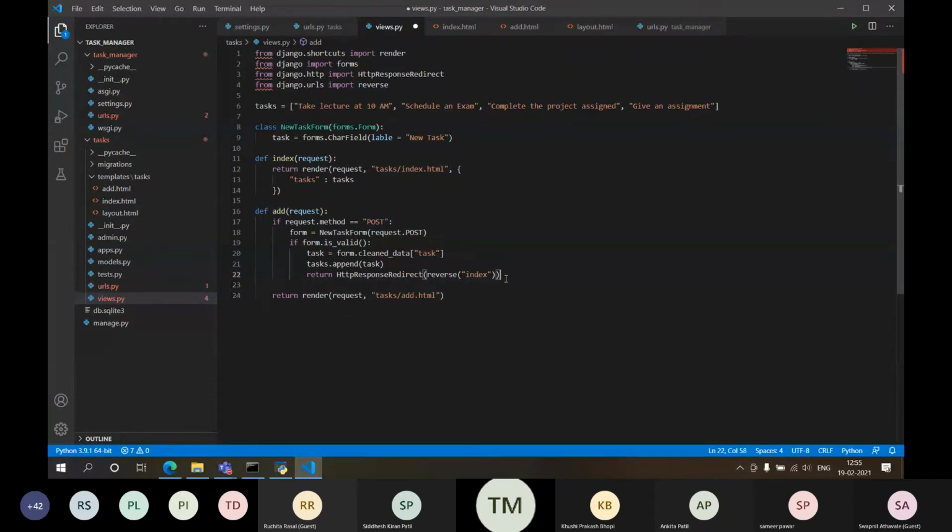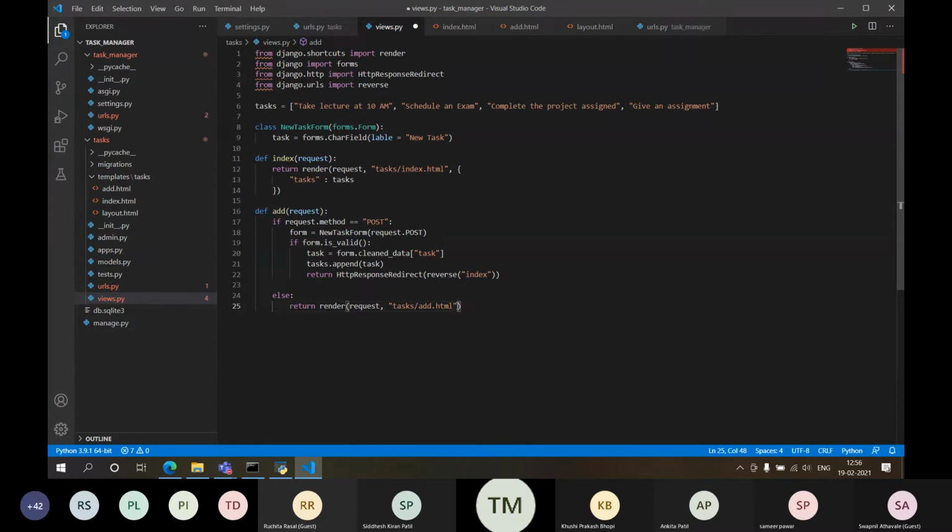I'll code this later, because in that case we need to check what exactly is the error with the data. So I'll write the else case for this: else, if the request is not POST. If the request is not POST, it means it is the GET request. So in that case, I have already written render request task slash add.html.